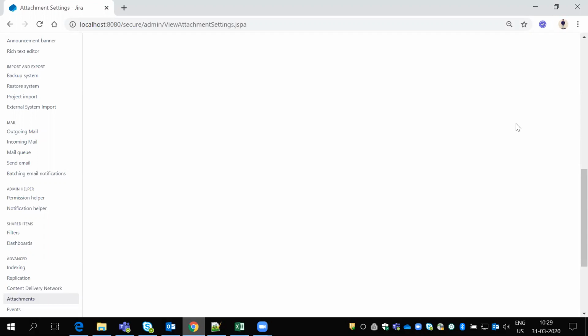But suppose in 1220 I have 50 projects. Migrating 50 projects like that is a little bit big, but we need to do it that way only. We don't have any other options. We need to take that backup, and once we are migrating the data, we need to import project wise.